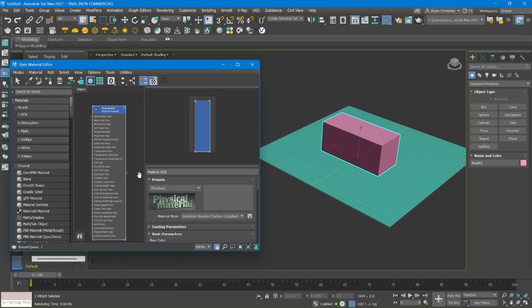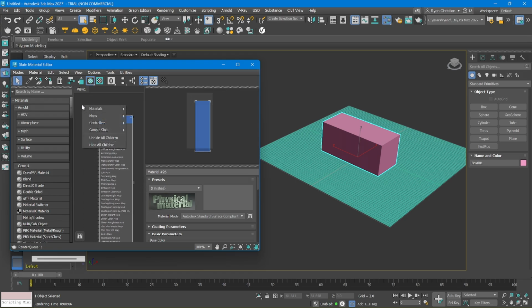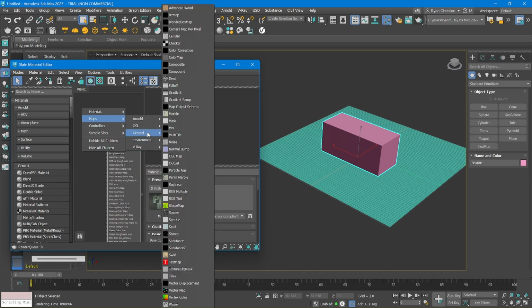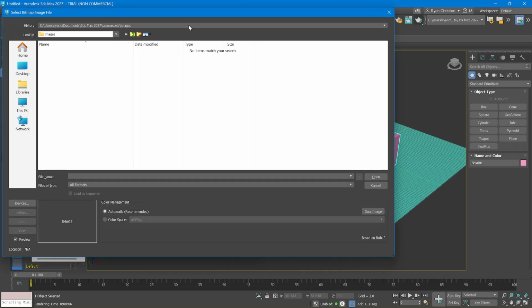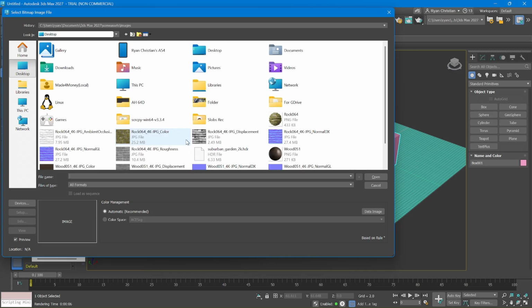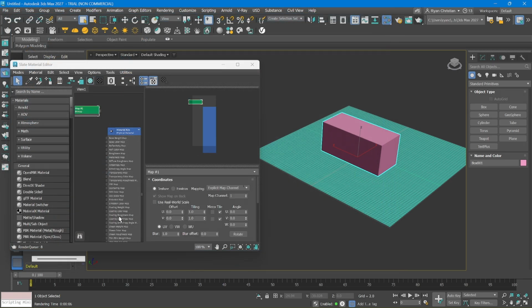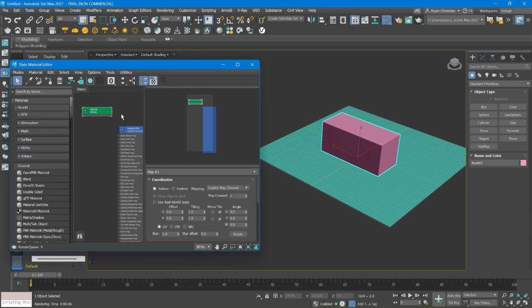All right. Now add in on top of that, right click maps, and then general, you have here bitmap. Okay. Under bitmap, go ahead and select your texture. Could be a picture. Okay. For example, I'm just going to go ahead and add in just the wood for the box. Okay. Click on open and then go ahead and connect it or link it to base color or base color